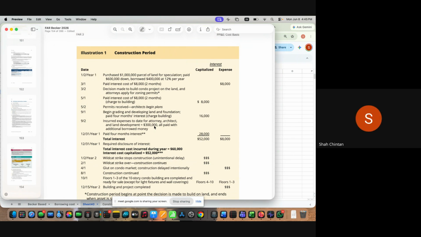An asset which takes a substantial period of time to get ready for its intended use, it means 12 months or more. जिसको 12 मंथ से ज्यादा का टाइम लगने वाला है टू गेट रेडी, फॉर एग्जांपल आप बिल्डिंग बना रहे हो, कंस्ट्रक्शन ऑफ द बिल्डिंग, इट टेक्स अ सब्सटेंशियल पीरियड ऑफ टाइम। सो यस, or let's say you are building a specific plant and machinery for 36 months, yes, but let's say आपने television purchase किया, now do you need a 12 months or more time to start watching television? No, जैसे ही आपका आएगा 2 दिन में इंस्टॉल होगा, थर्ड डे पे आप इसको देखना शुरू कर दोगे।